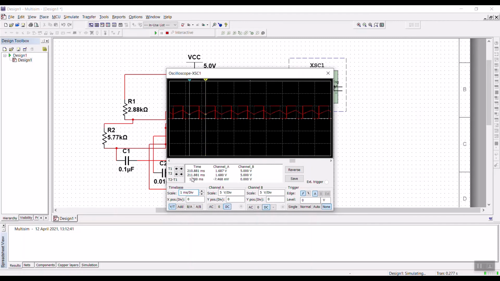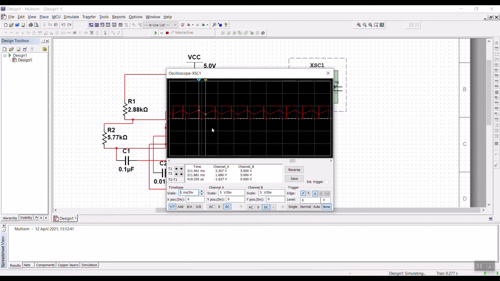See, the time period you've got is exactly 1 millisecond. This is the whole cycle. The capacitor charges and capacitor discharges. So the other line, you have to measure the T off. The T off part is the down part, this part. So you have to drag this and put it here. So this is the T off state. It is approximately 0.4 milliseconds. Here it is in μs, so after conversion you get it in milliseconds.